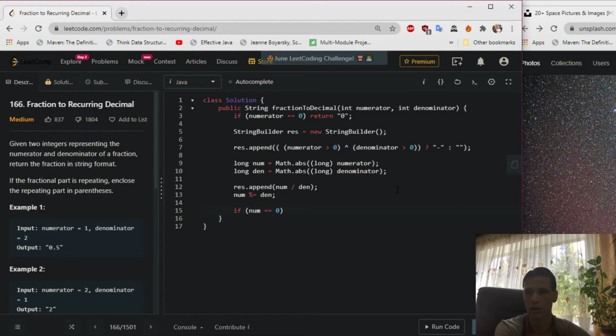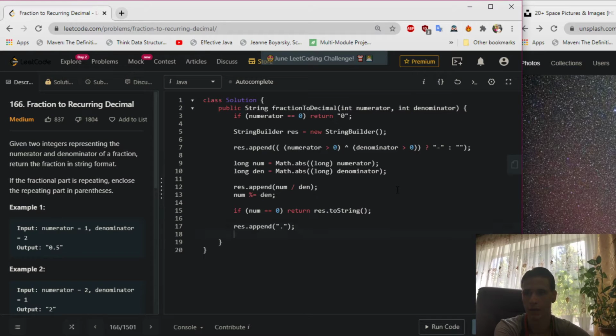So we just return result.toString. If the fractional part doesn't equal 0, then we say result.append